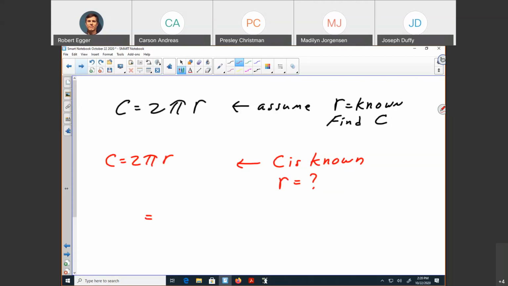and I'm going to want to work it to where it's just r, which means I got to get the 2 and the pi moved. Obviously, 2 times pi times r is multiplication. No, I divide by that. So now I rewrote the circumference formula from which r is the known, c is the unknown. I rearranged the two. Now I know c. I'll use it to find r by dividing c by 2 pi.